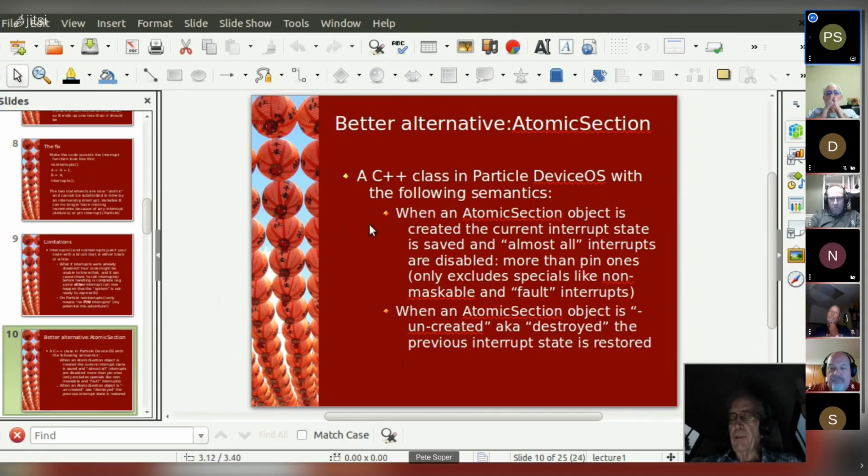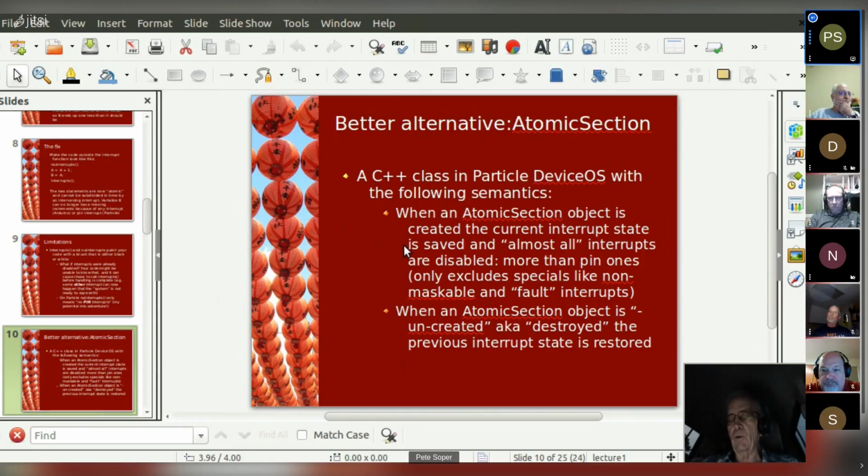And it's a C++ class. When you instantiate an object of this class, it captures the current interrupt state and disables almost all interrupts. And by almost all, I mean all the ones that you can practically disable.